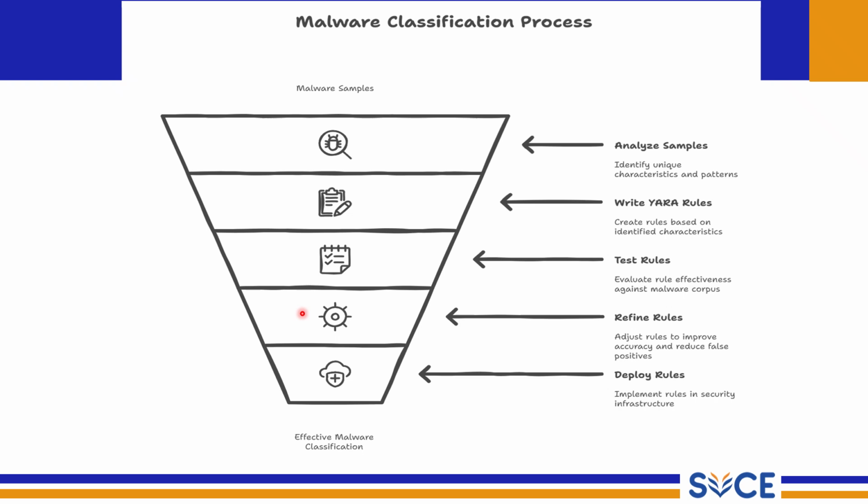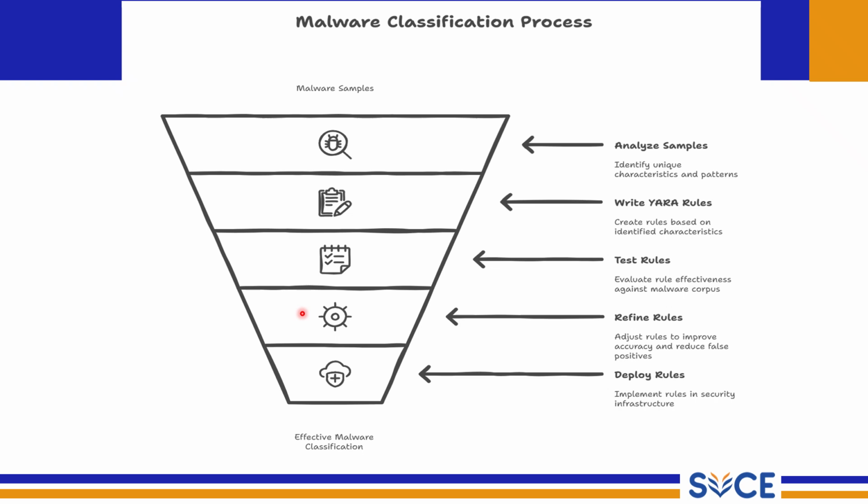So analyze the samples to identify the unique strings, code patterns, and other characteristics that can be used to create YARA rules. Tools like disassemblers, for example IDA Pro, Ghidra, and debuggers like x64dbg are invaluable for this step. And writing the YARA rules. So write the YARA rules based on the identified characteristics. We start with some simple rules and gradually refine them to improve the accuracy as well as reduce the false